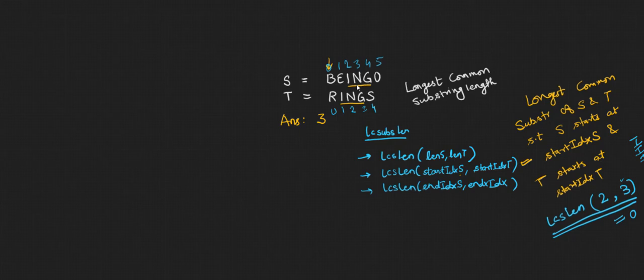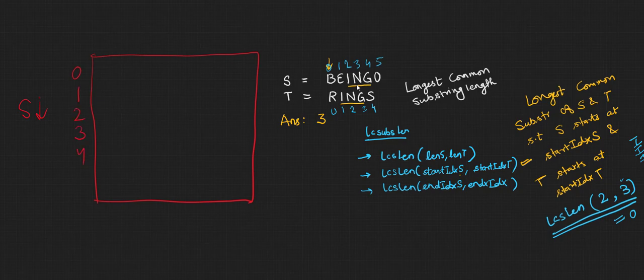So can I say that we can represent it like a 2D, just to understand things better? Let's create it like a 2D where S, I'm taking on this side, has indices 0, 1, 2, 3, 4, 5 and T you have as columns 0, 1, 2, 3, 4. According to our definition, imagine if S has 2 as starting index and T has 1 as starting index,